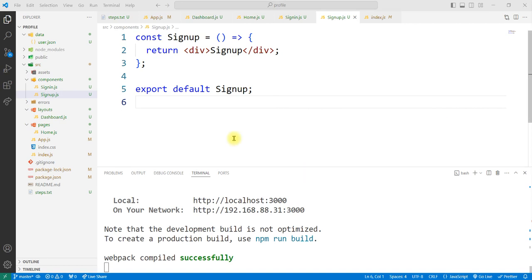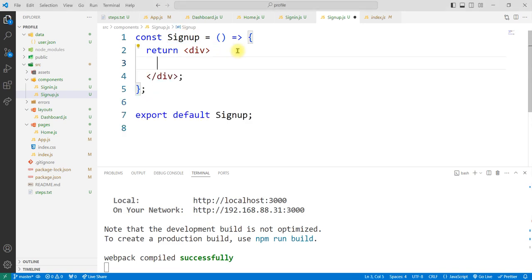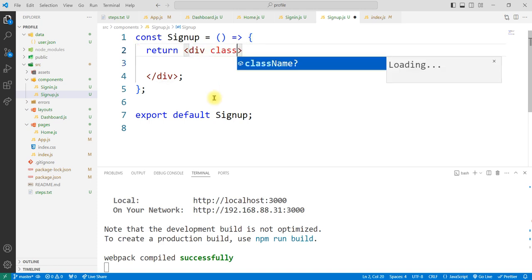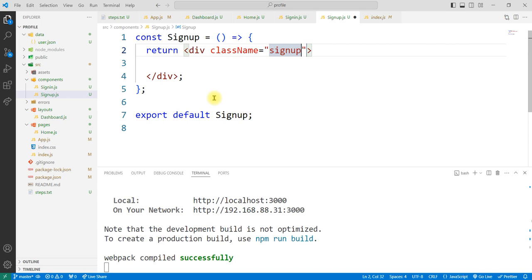In the sign up page, we want to create a form, and this form is what we would use to submit user details into the database. So the first thing we would do is to create a heading. Let's assign a class to this, okay, for styling. So we'll say class name is going to be sign up, and then in here we have a heading h1